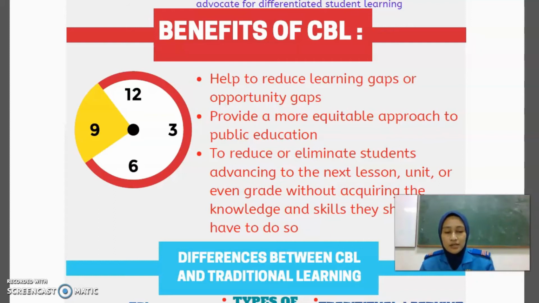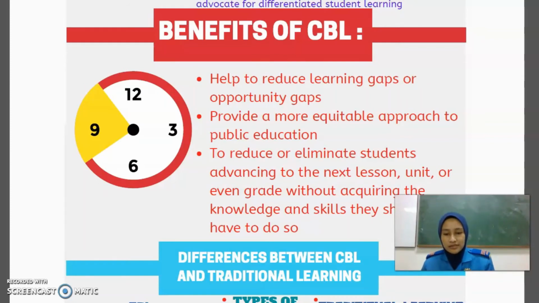And the last one is providing a more equitable approach to public education. Equitable means fair and reasonable in a way that gives equal treatment to everyone. CBL is generally for students at or below grade level. Students